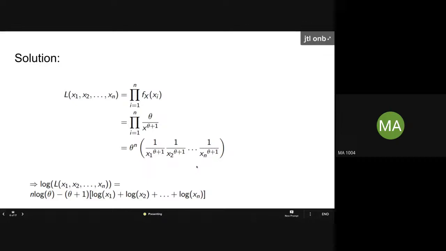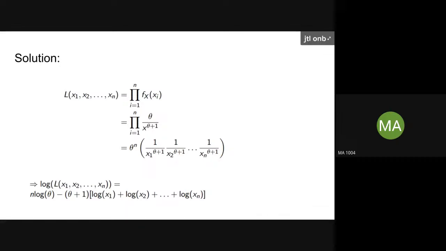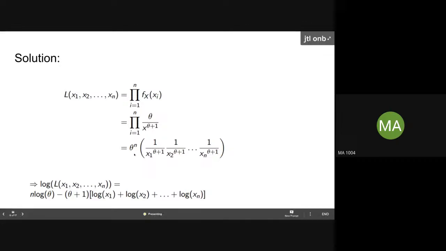Rather, what we do is, we take log of this likelihood function. So if I take log on both sides, what will I get? This is where log helps you. On the right hand side, log a by b you can simply write as log a minus log b. You no longer have something like numerator divided by denominator. Okay, you will have log theta power n to the base e.